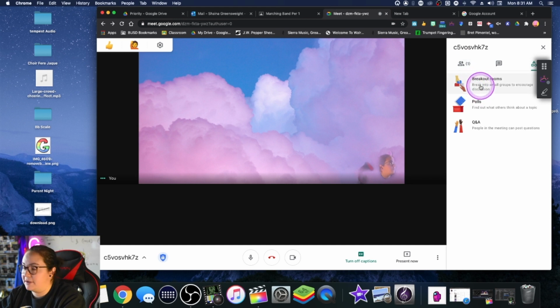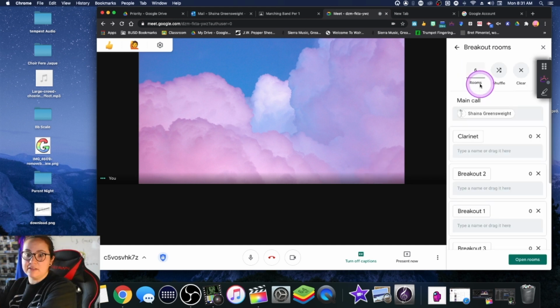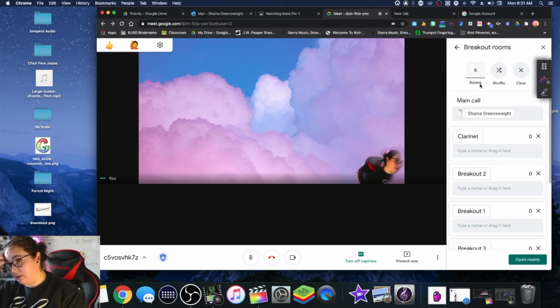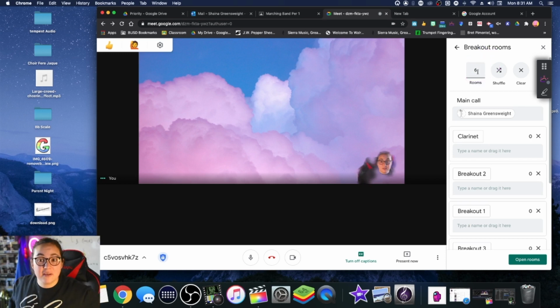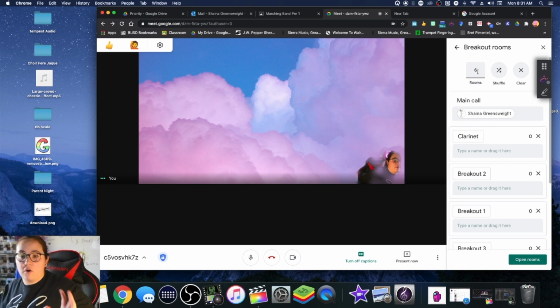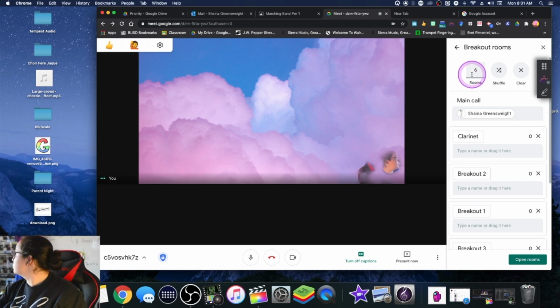And then breakout rooms. So this is a different way of doing breakout rooms. There's some pros and some cons. First thing is, pros is it's going to generate all of these. They're going to be associated with your main meeting links. So you don't have to go in, create them all ahead of time, and do all that stuff, which can be very time consuming. So if you want, I would usually do about 6 in my first period,